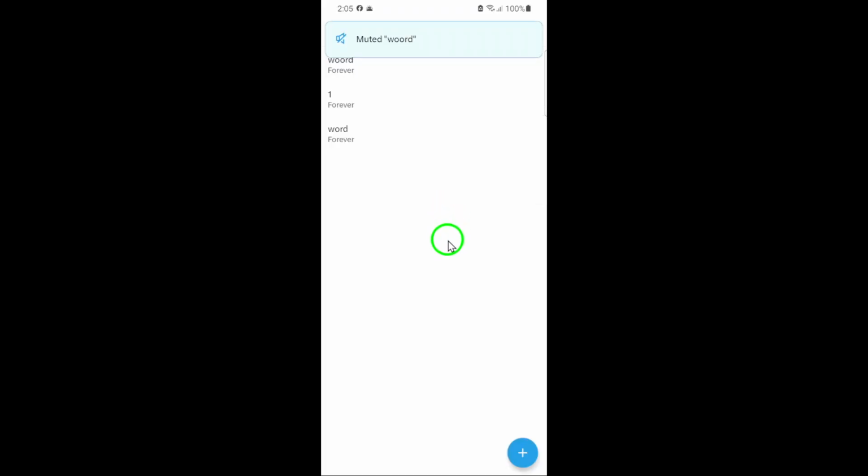And that's it. You've successfully muted unwanted words on the X app. This feature is a great way to personalize your feed, reduce distractions, and keep your experience focused on the content you